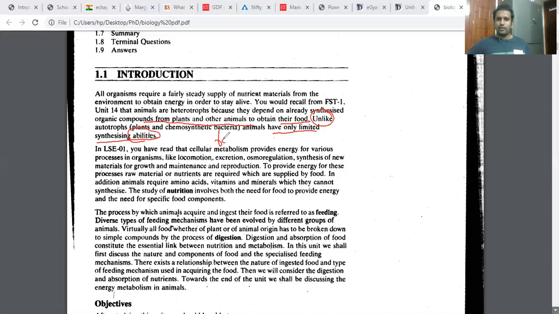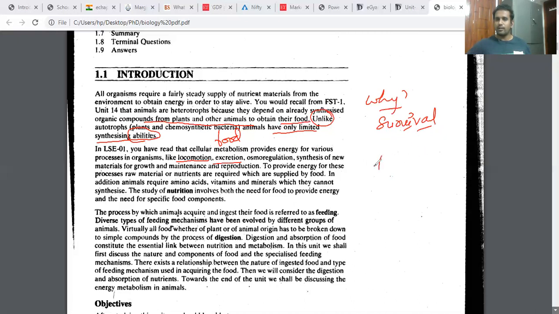The food whichever we take, why is it important to us? The question is this. In a very general way, you all might be thinking that we cannot survive without food intake. That is fine. But what is this food actually required for? Please see: locomotion for our movement, and excretion. The waste materials have to be excreted from our body.